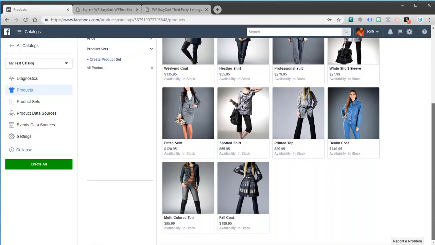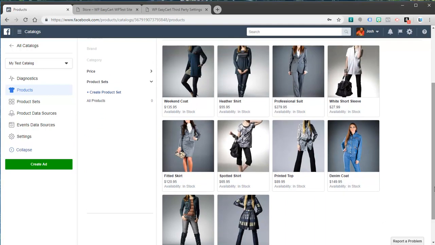Okay, so that's all we need to do. That extension now connects, and every hour or every day it's going to go ahead and pull in new products. Now you can see some of these images are cut off. That's because Facebook really wants square images. You can see we uploaded one square image and it certainly looks better. And there's a lot of things you can do in here in terms of configuring and uploading how it does the images. If you want really good control of that,